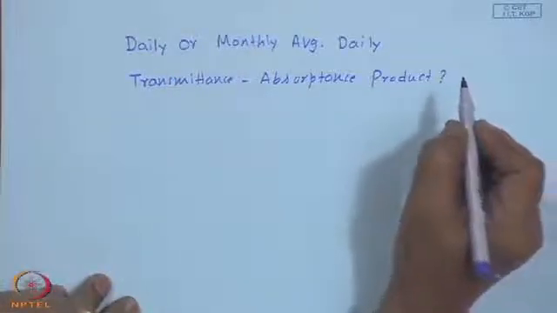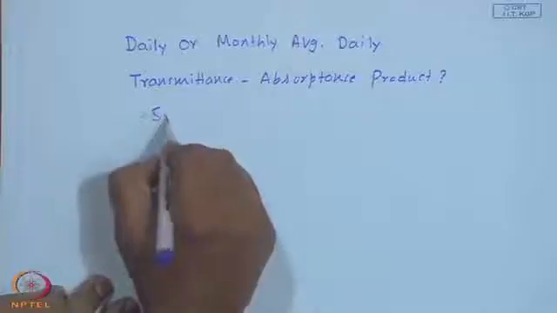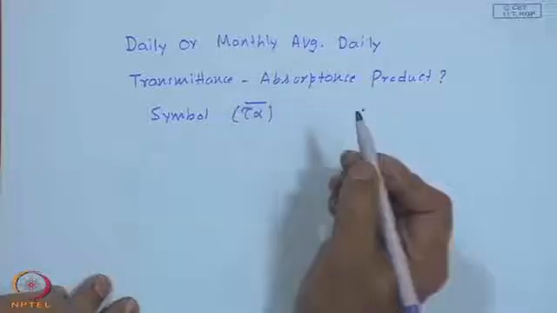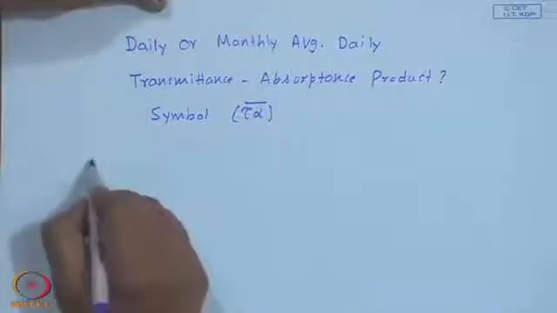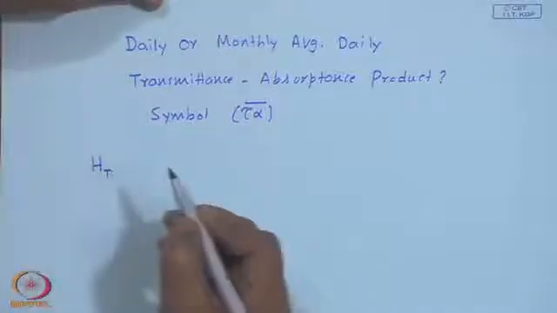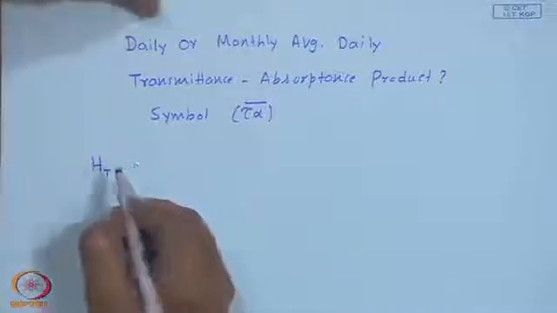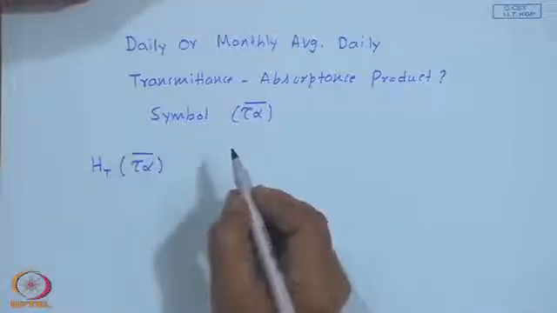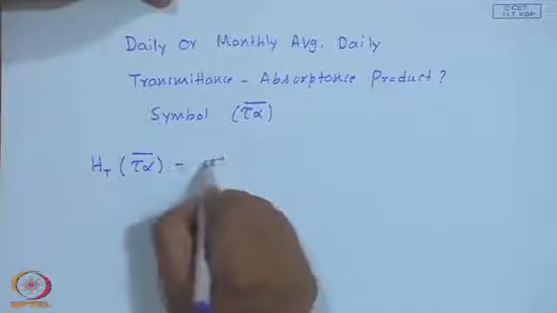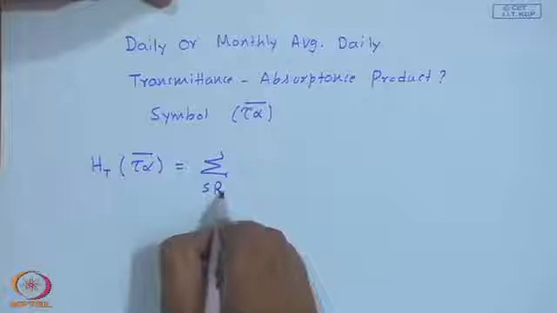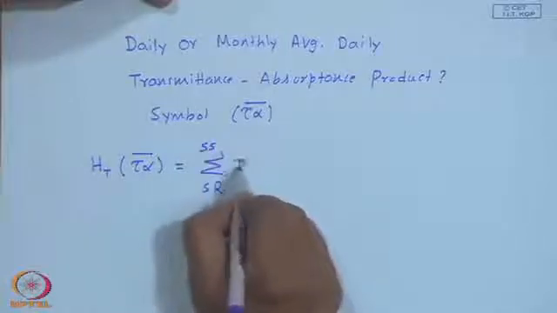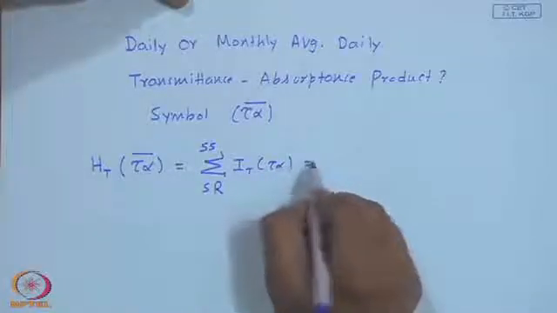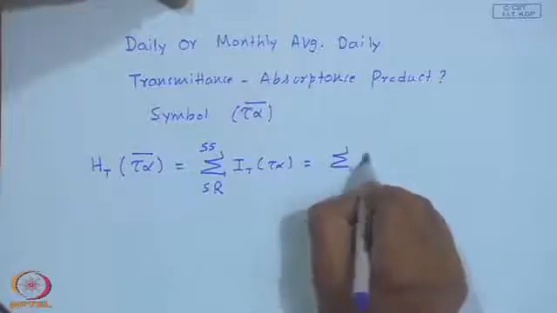So, if I give a symbol, like we had R B bar and R bar, if H T is the daily radiation falling on the collector surface, that multiplied by effective transmittance absorptance product for the day, I should be able to get it as a summation from sunrise to sunset of I T tau alpha. This should be equal to summation of the direct radiation component